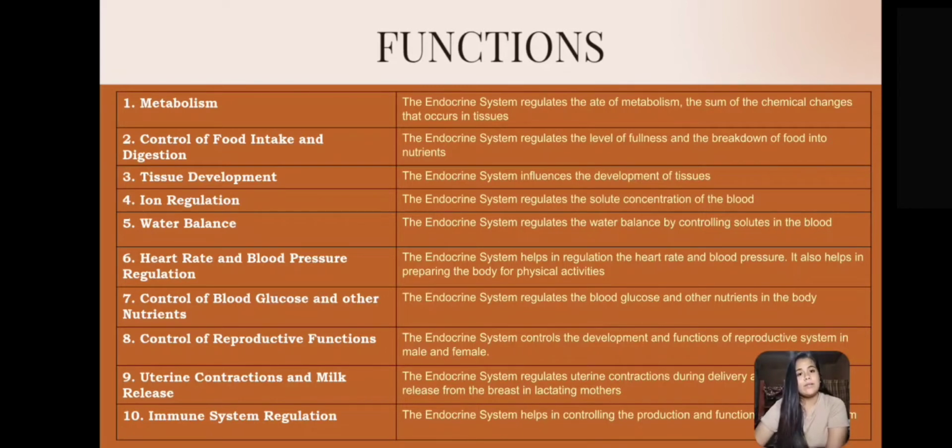Number eight, control of reproductive functions. The endocrine system controls the development and functions of our reproductive system for males and females. Number nine, uterine contraction and milk release. Our endocrine system releases uterine contraction during delivery and milk release from the breast of the lactating moms. And number ten, immune system regulation. Our endocrine system helps in regulating the production and function of our immune